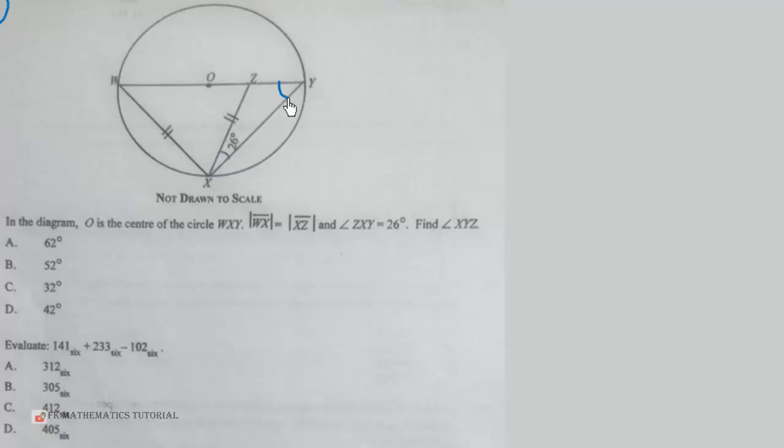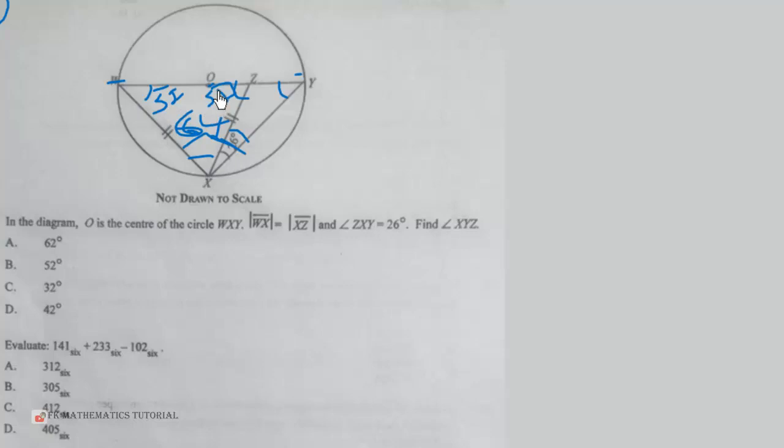Now, since O is the center, this line segment WZ is a diameter, so it will subtend an angle of 90 degrees at the circumference here. So this angle and this angle should be equal to 90. So this will be 90 minus 26, which is 64 degrees. So if this is 64, this must be 58, and this must also be 58,